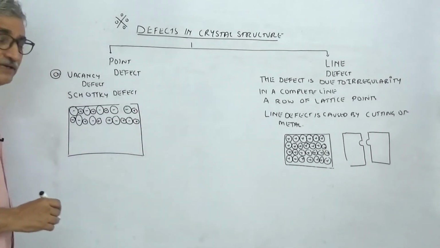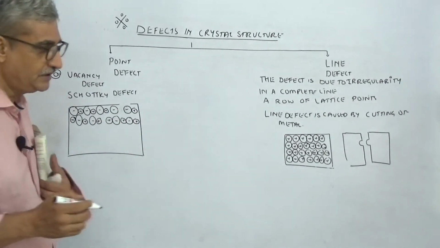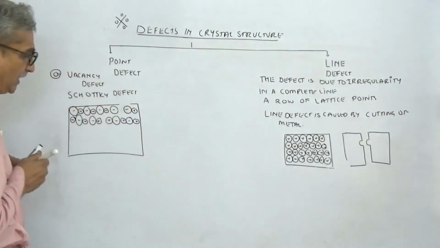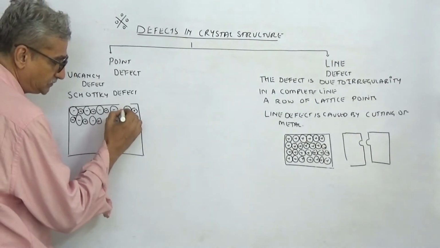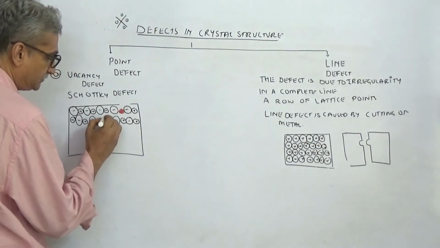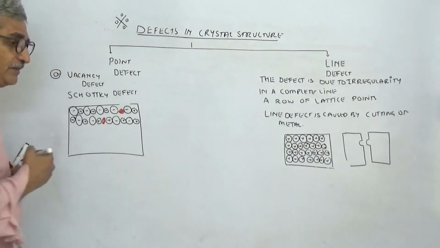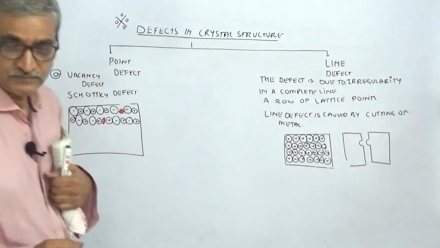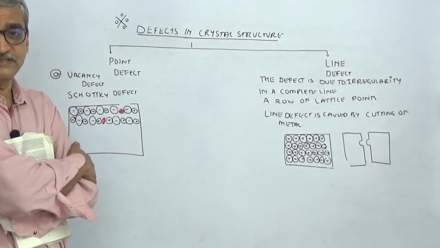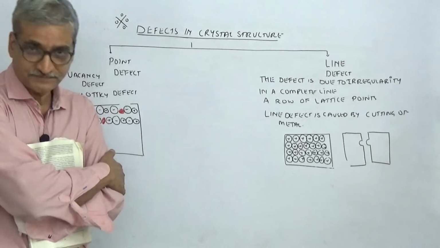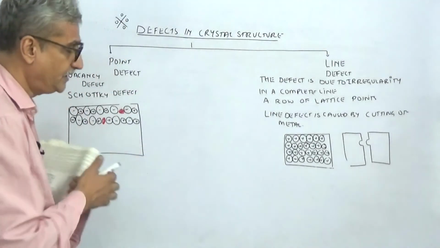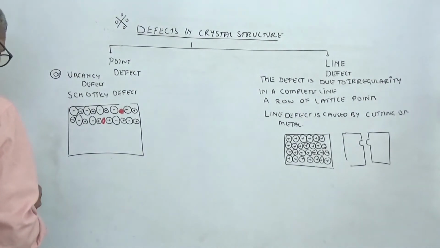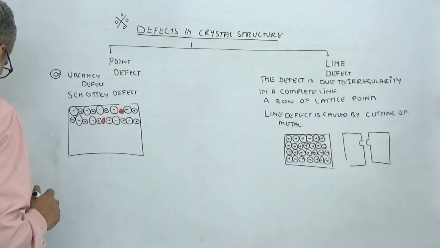So what happens in case of what you call a vacancy defect? I have a color pen. So you can see equal number of cation and anion are missing. So when equal number of cation and anion are missing, the electrical neutrality is maintained. First point is, so how does it affect the physical property? This is called a Schottky's defect. So vacancies of both equal number of cations and anion.